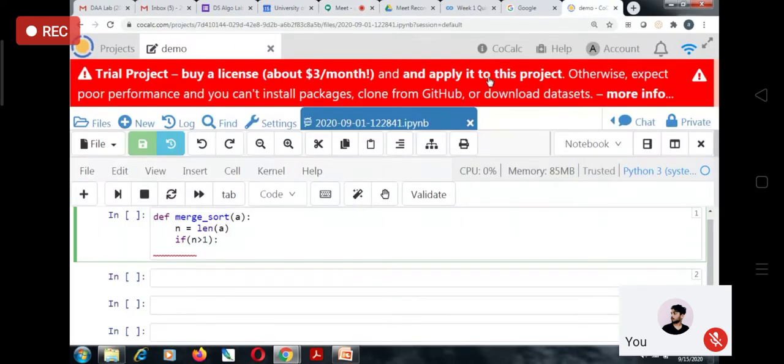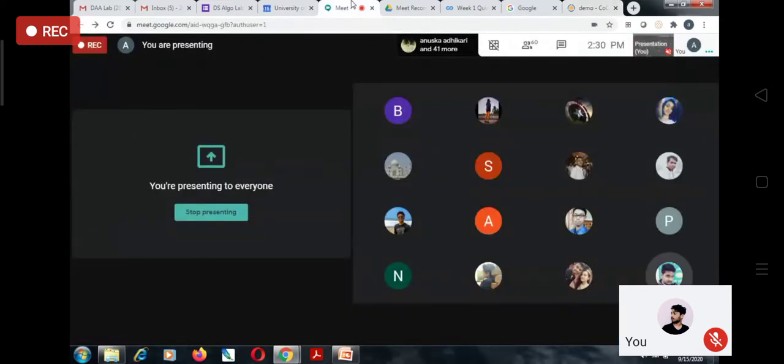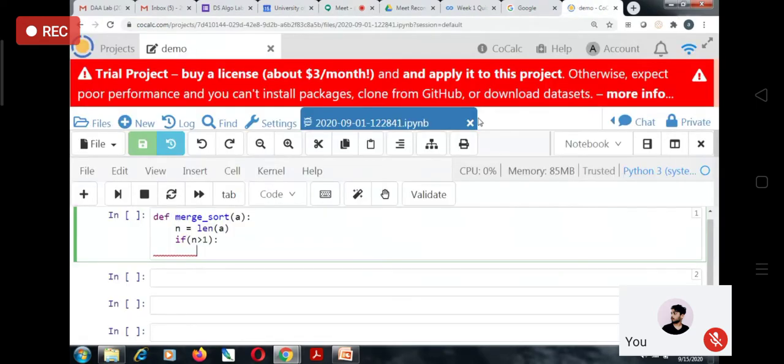See, in case of merge sort, what is the concept? Ma'am, I think the first thing we do is divide the whole array at the middle part, into the first half and the second half. The left half would be sorted, and then the right half, and then we call merge sort there so that we can get the sorted elements accordingly.